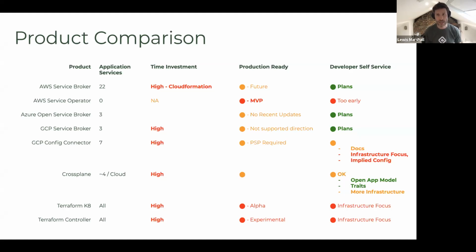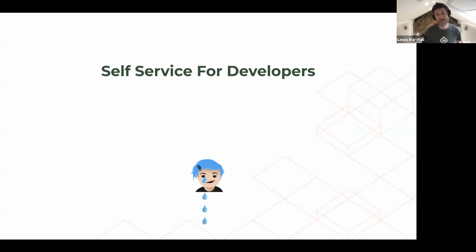You kind of want to get the best sprinkling of some of this, but not be tied into all of the brokers and the decisions right today. Terraform is alpha and experimental, but also they're very much in the infrastructure space and certainly don't provide any self-service. So self-service for developers: unhappy developer, unfortunately.